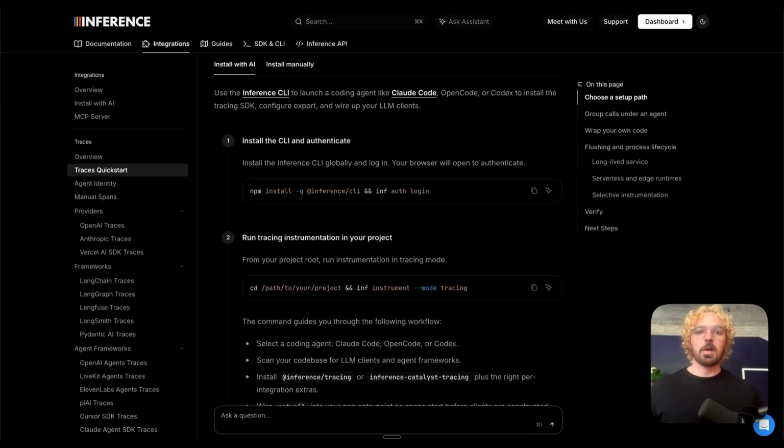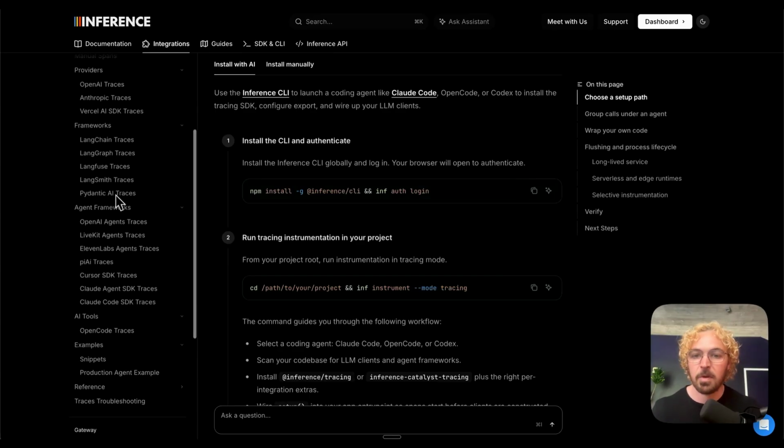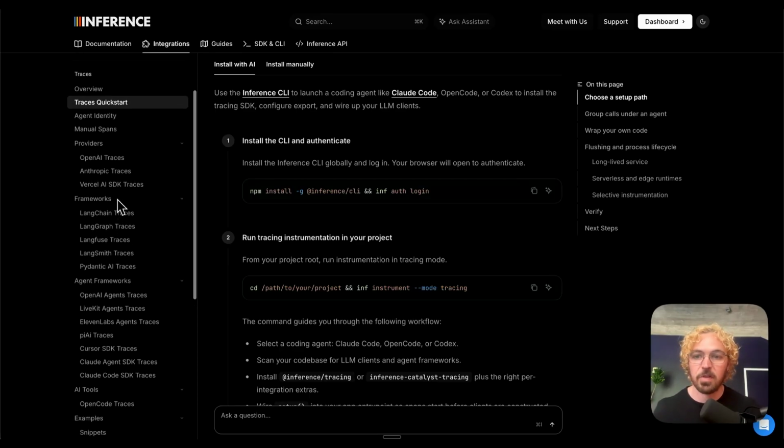So the first step is to install tracing into your application where your agent runs. We actually have a CLI tool that will kick off an agent session like Claude Code or Codex and install tracing for you. All you need to do is run this inf instrument command and it should handle the majority of the work. We support both TypeScript and Python, and then a ton of different agent frameworks. And if you're using an agent framework that we don't support, just let us know and we can get that